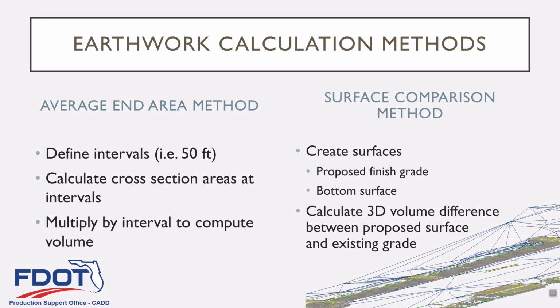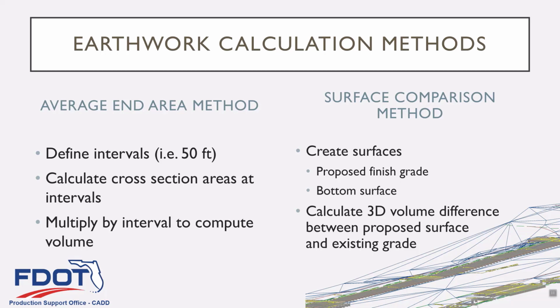Alright, so let's look first at the different earthwork calculation methods. So the old way, you're probably familiar with this, you probably learned it in engineering school or somewhere along the way. Average end area method. Basically, you take intervals, 50 foot, 100 foot, and figure out the area of the cross section for cut and fill at each of that interval, and on both ends, and then you just multiply it by the length of the interval and you get your volume, and then you keep doing that in repetitive fashion along the length of the project to get your entire volume,